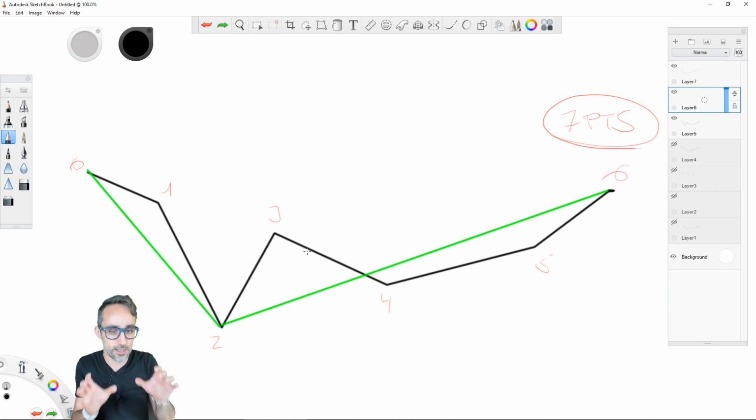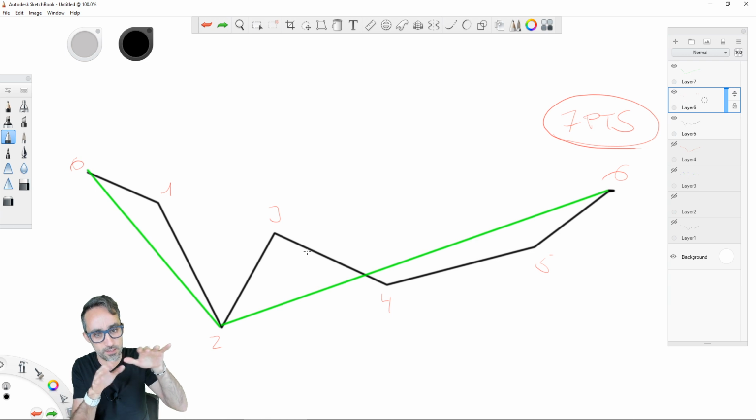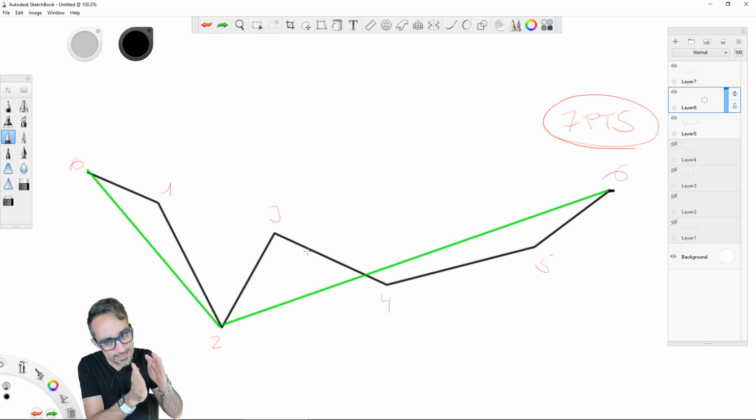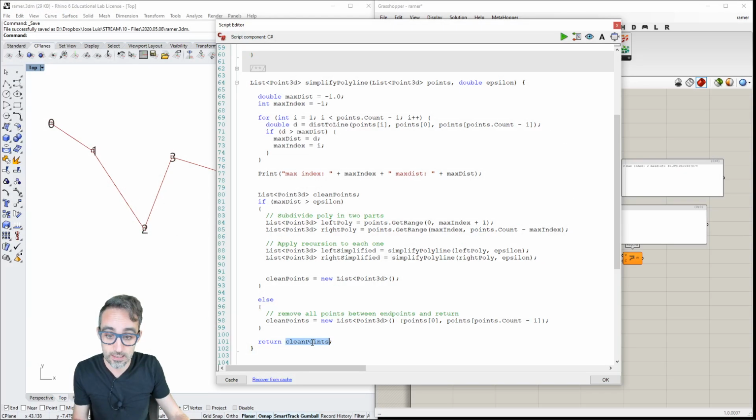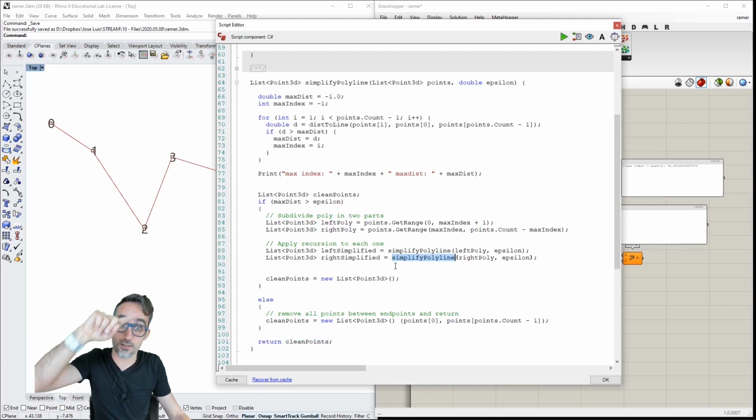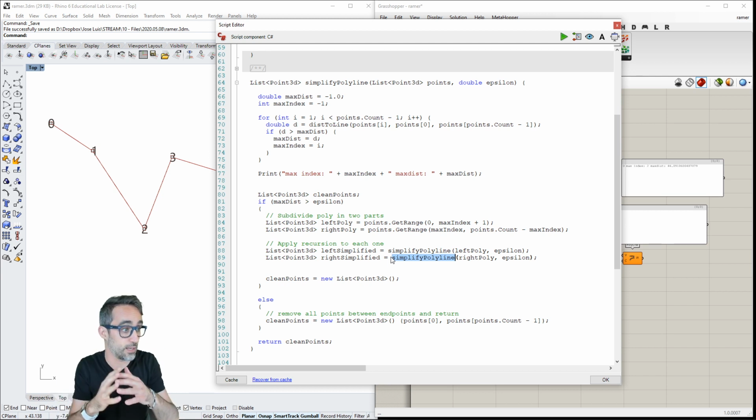So you can see how recursion starts branching down and creating operations that are like atomizing the simplification until we hit a limit where there's no more possible simplification to be done. And therefore, we return a list of clean points, and then we start tracing back all of our recursions until everything starts mounting back together.